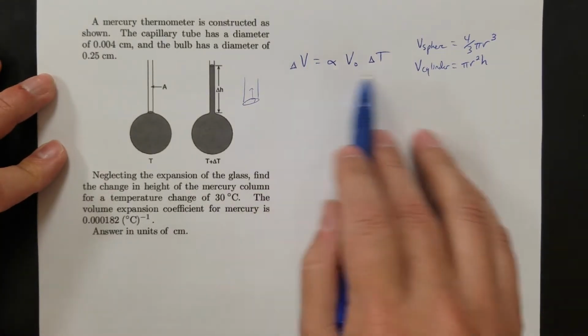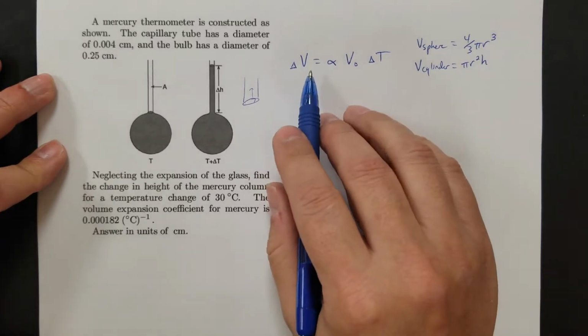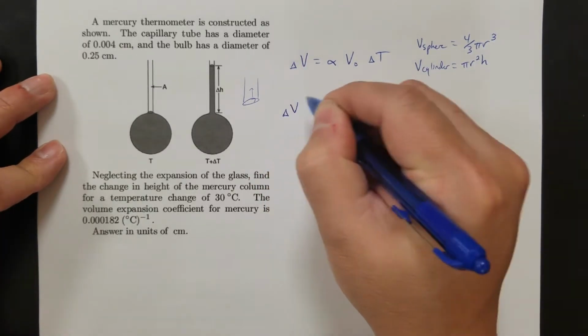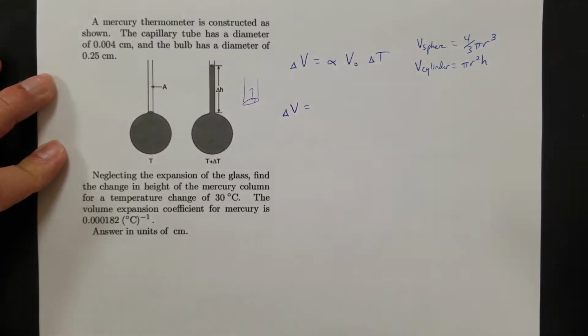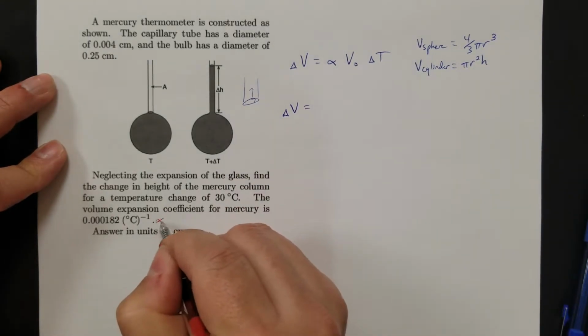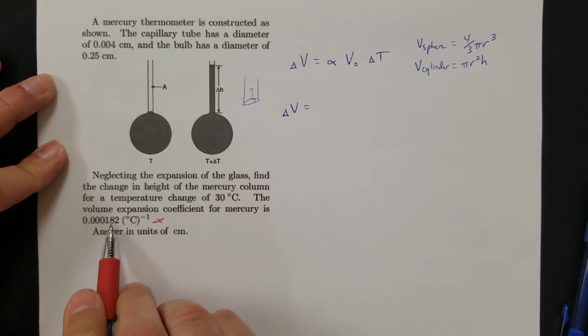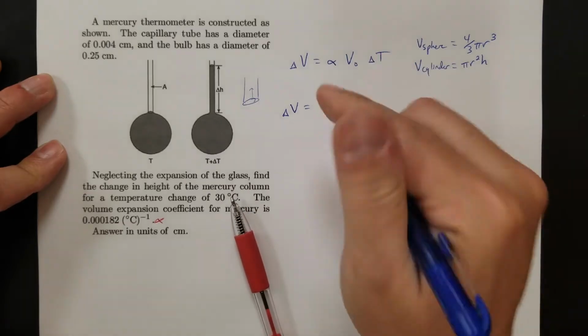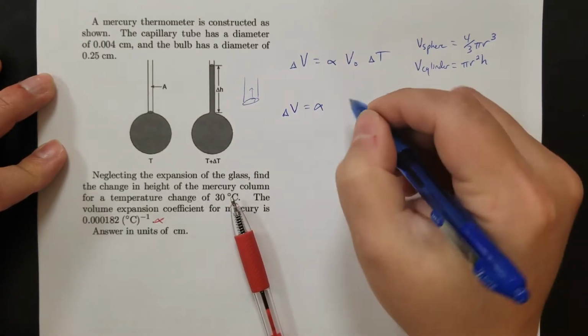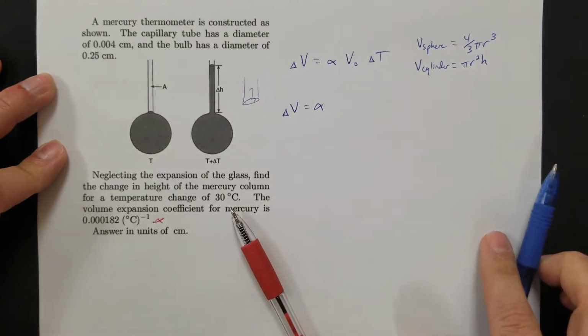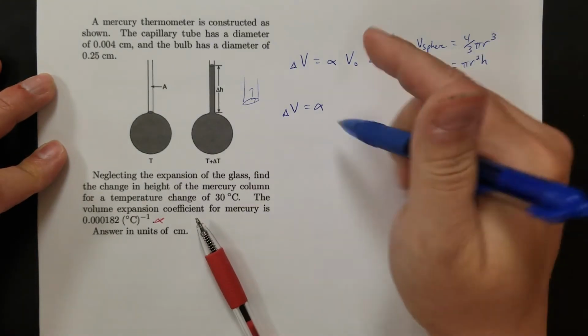So first, let's start by doing this. I can say change in volume is my coefficient. Do I have the coefficient? There it is right there. My coefficient of expansion. So I know that. So that's alpha times my initial volume. I don't know that, so I'm going to have to solve it. So that's going to be